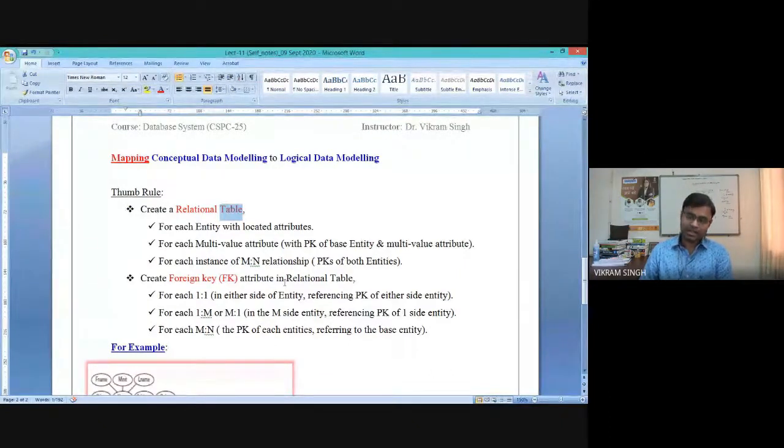So one condition you have to understand: whenever we are selecting an attribute in a table or in an entity as a primary key, only this primary key attribute can act as a foreign key. Because in a database table or in an entity, the primary key attribute is something which will always be there. We cannot have a blank field or null value for this primary key attribute, and it will have a unique value. So that's why